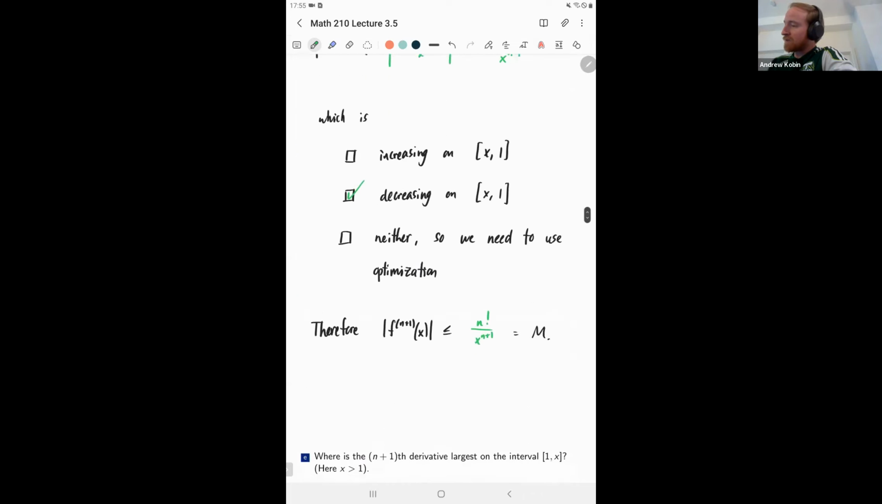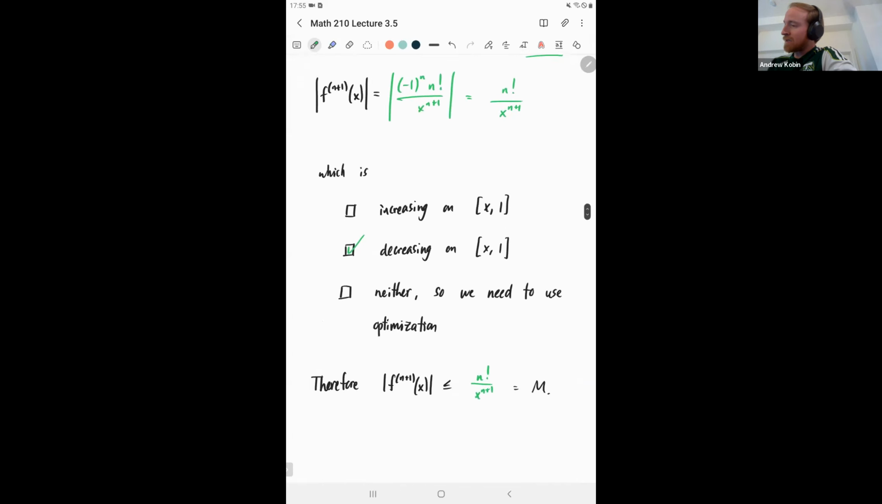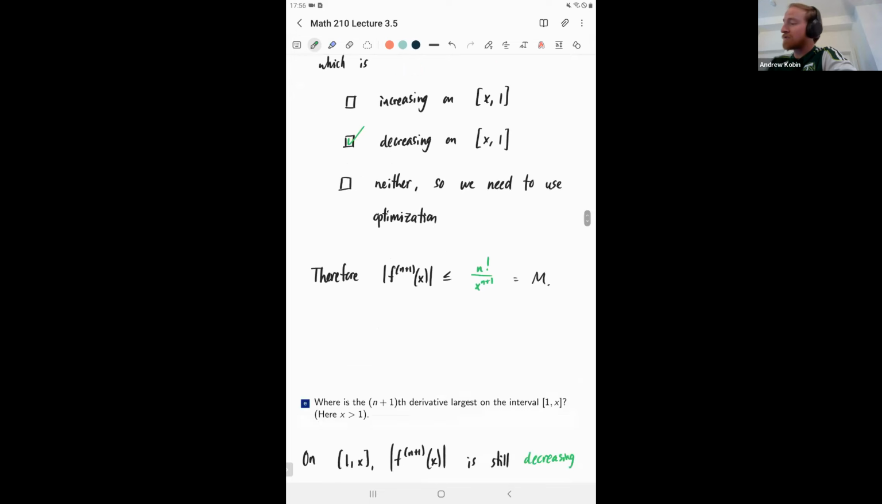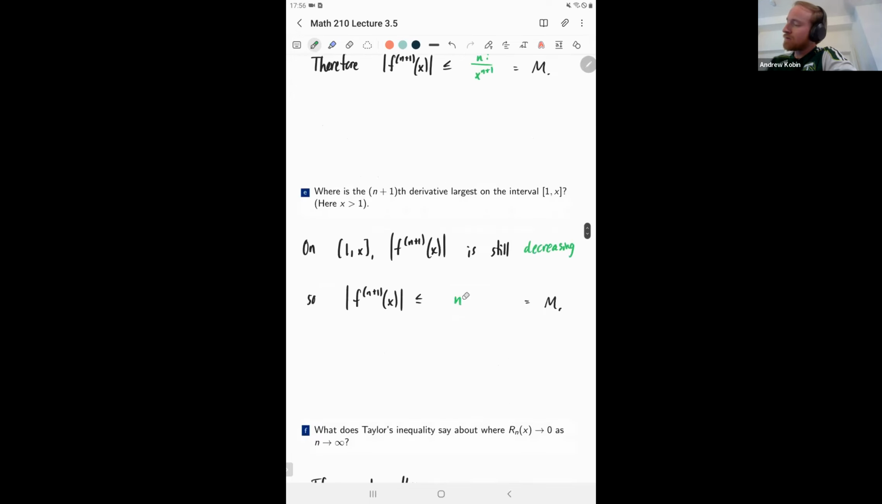so let's take a look at the derivative again. The absolute values were n factorial over x to the n plus 1. If I plug in x equals 1, I'll just get an n factorial. I left a little room. This is why I wanted to remind myself it's this over 1 to the n plus 1. That's simply n factorial. So this gives us a new bound on the derivatives when we're looking at x values